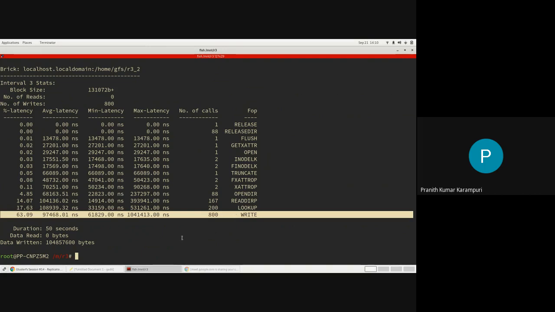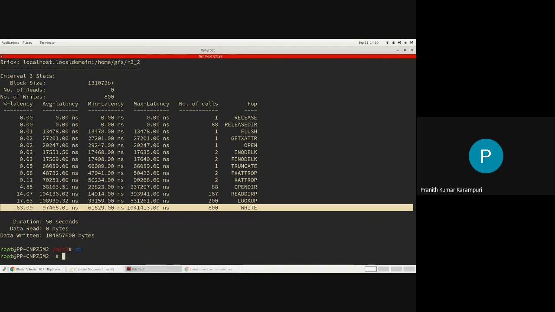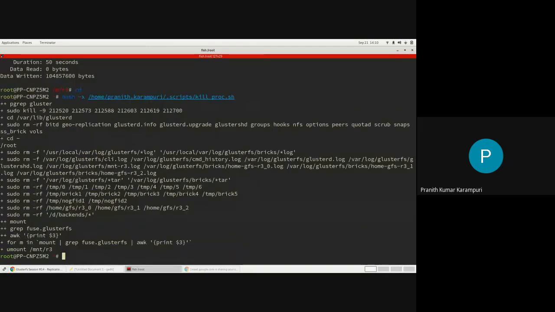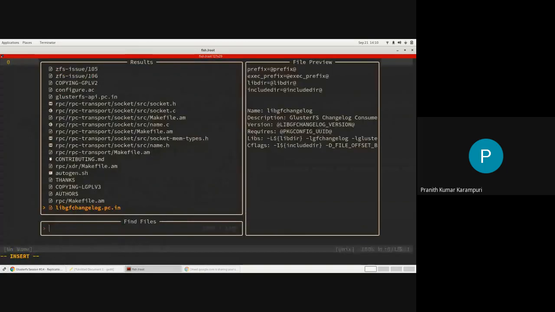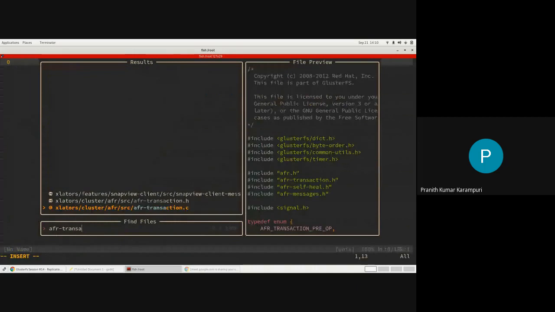Okay. So let's now look at the code. The code is in this afr-transaction.c in the AFR translator.